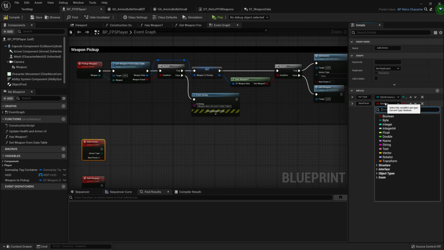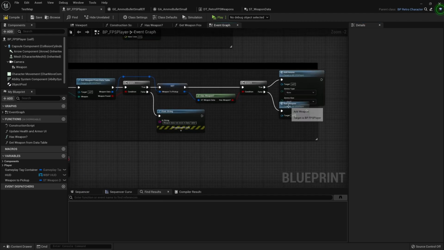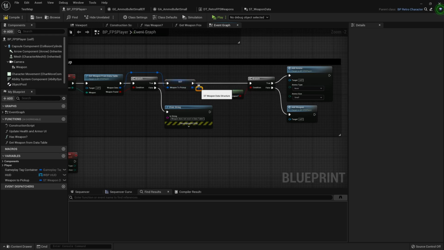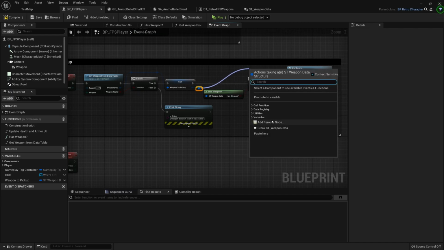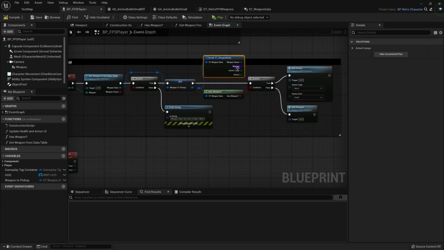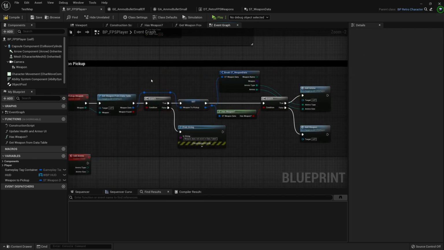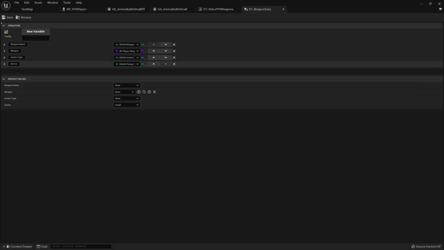And then the next one will be pickup size, and then we'll call that ammo size. And with those ready to go, we will need to actually take this weapon to pick up, which we've assigned here. And we could just add a little note here, bring it up here, and break it. And then link in the type of ammo and the size of ammo. And it's called ammo, so we should probably rename that in the struct. So instead of ammo, we'll say ammo size.